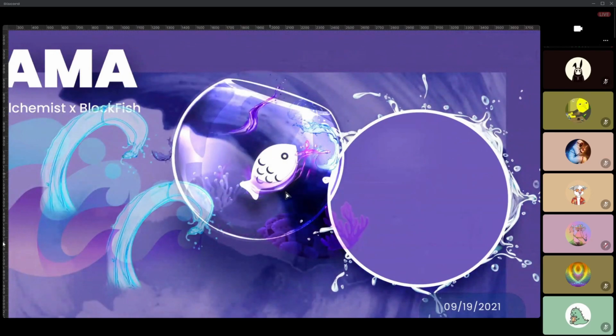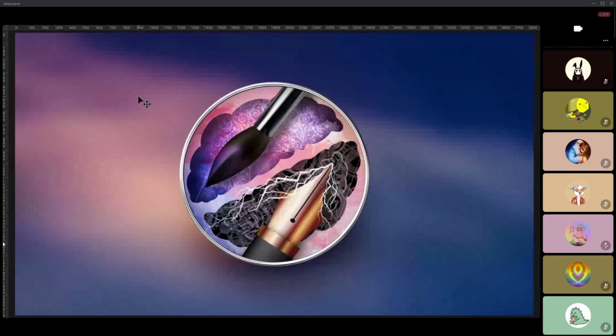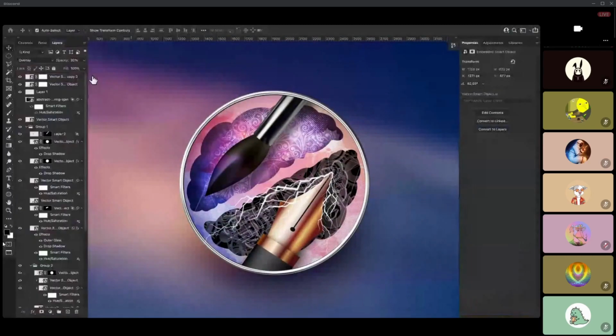Even this layer, which kind of forms the shape of the fish, as if it's propelling forward, is all created using the warp tool. So what I'm saying is that the layers are the most powerful tools of Photoshop. You can create so many things if you're just careful about how you're placing the layers and how each layer is blending with the other layer. So that is very important.